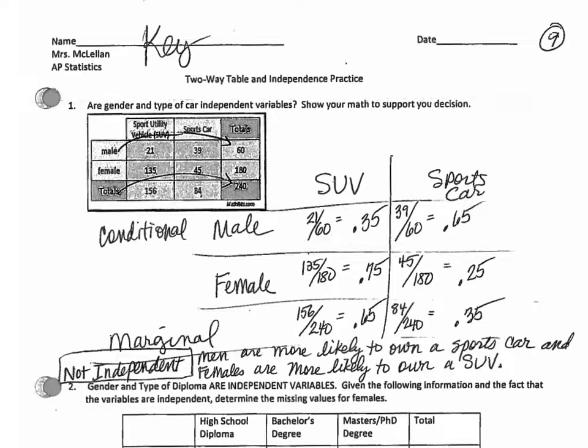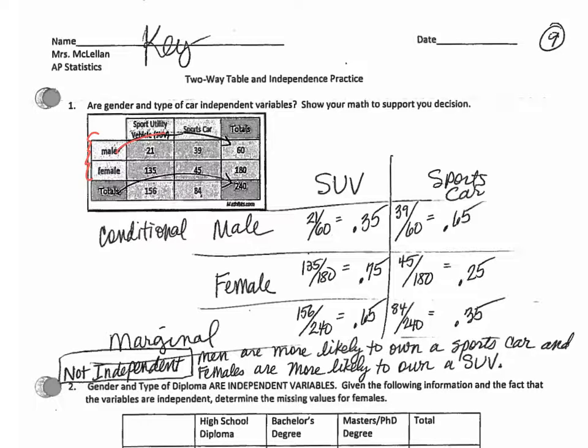So I want to go over the homework, but I also want to go over with you the perfect summary, making sure you get the three key points to a perfect summary. So here we go. Remember, the way that you know that your direction will go is based off of which item is explanatory. In this case, the gender is attempting to explain the type of vehicle, so